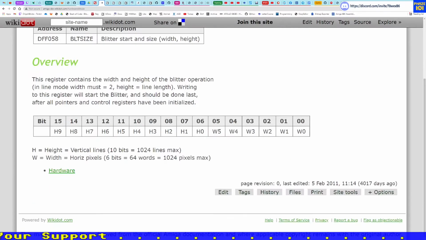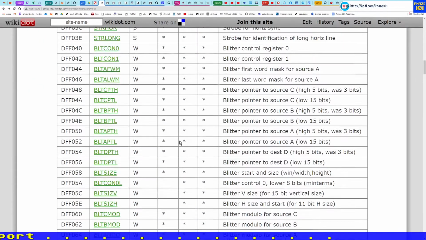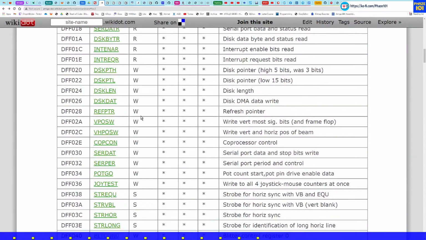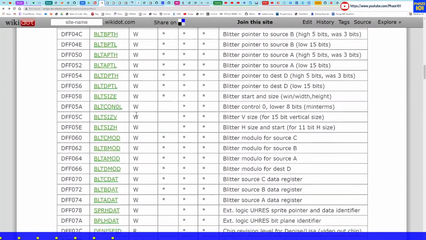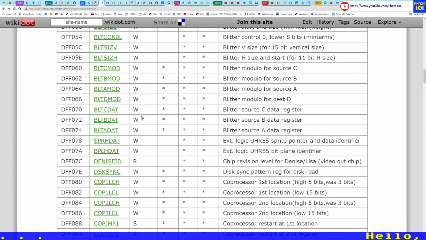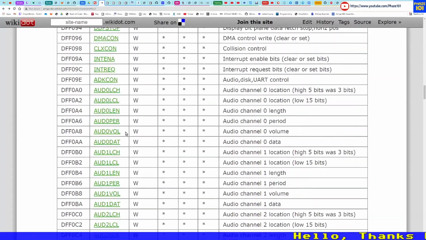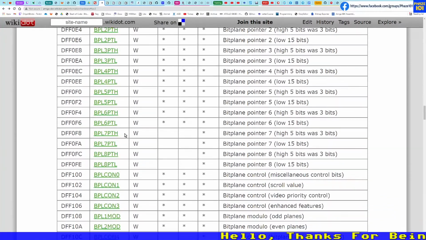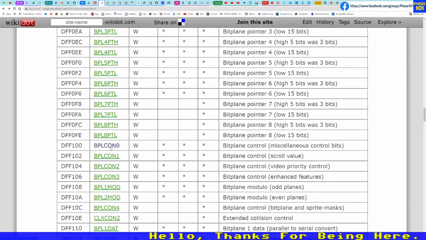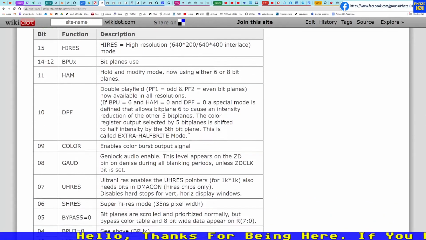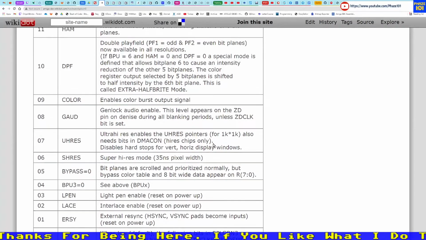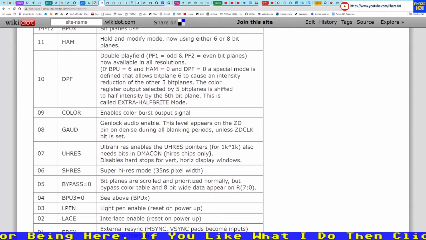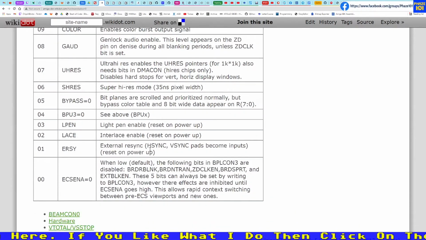I'm looking for a register that has some small little changes. BLTCON0, I think. Sorry, not BLTCON0, BPLCON0. Yeah, this one. So when you look at the bits and what they mean, I think some of these, this one for example,